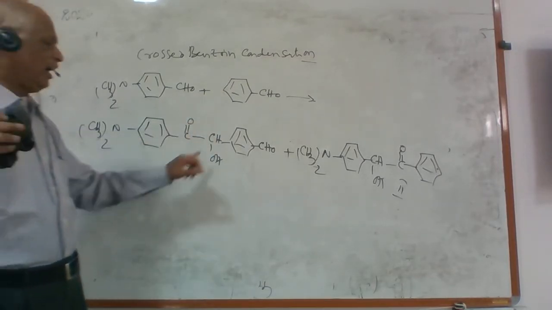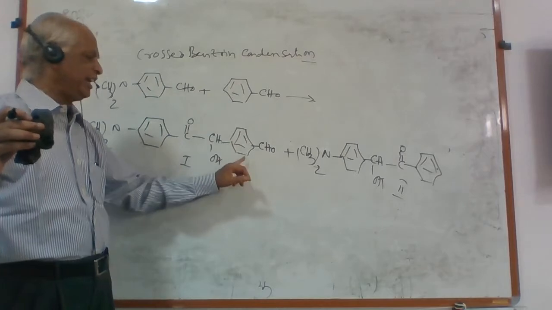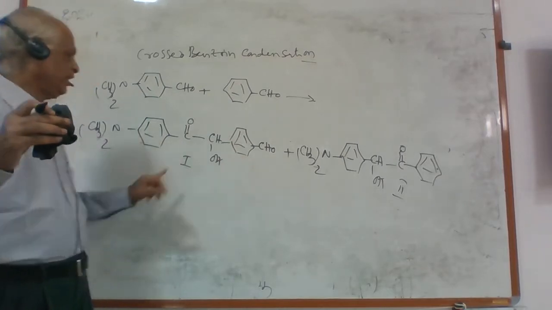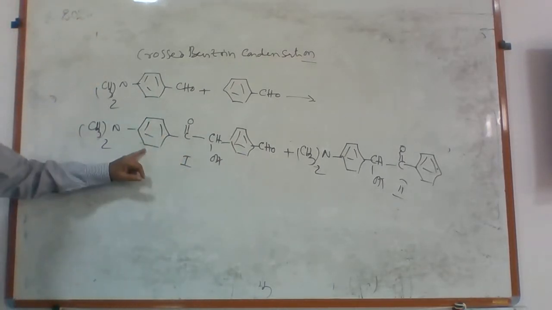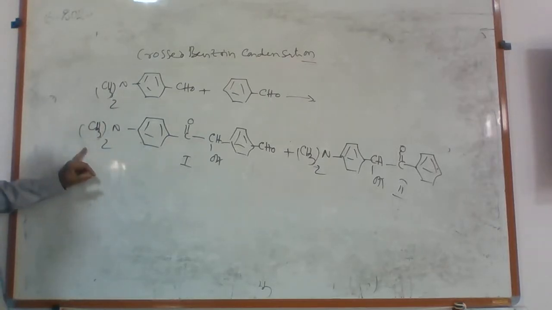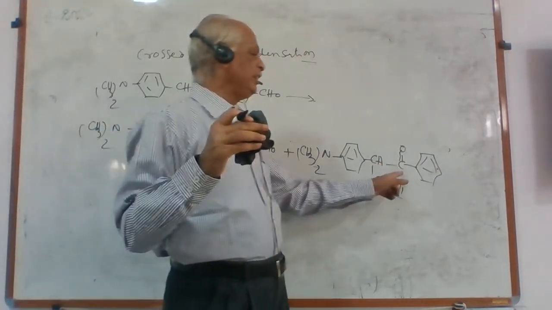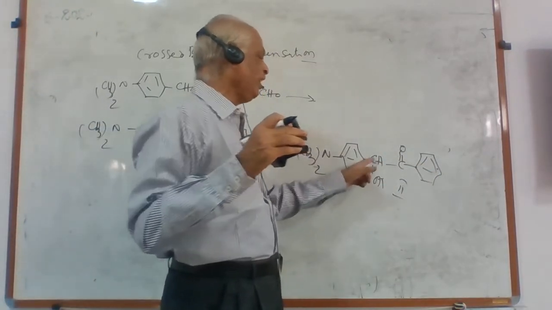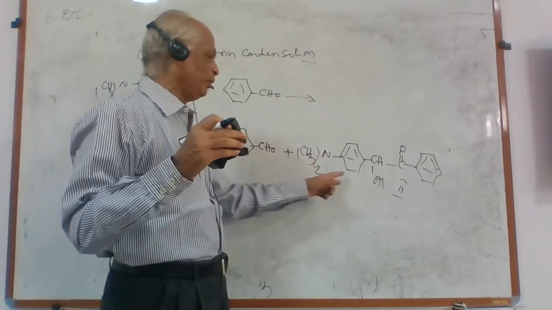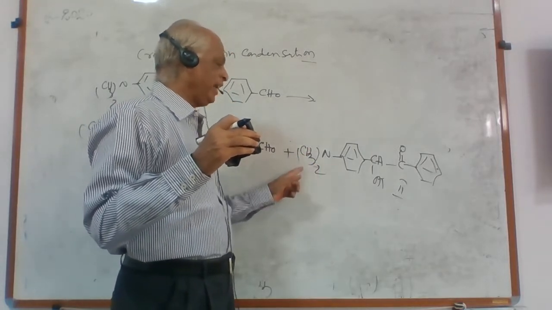In case 1, the alcoholic group is attached to the benzene ring, and the keto group is attached to the benzene ring having the electron releasing group, para-dimethylamino group. In product 2, the keto group is attached to the benzene ring, and the alcoholic group is attached to the benzene ring having para-dimethylamino